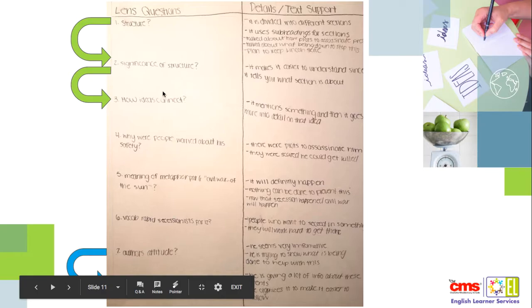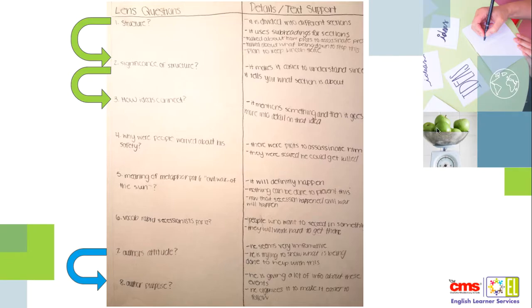So then, after the kids had this left-hand piece on their paper, that little bar in the middle of the test between the text and the questions, we would have them slide that bar all the way to the right so that all they were looking at was the text itself. And then as they were reading the text,